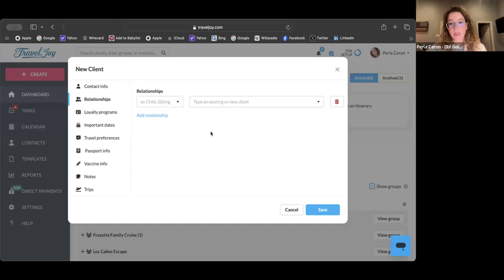So if Sally is married, if she has children, you can then put all of these things in here. And again, capturing birth dates, capturing relationship, things like that. Loyalty programs, if Sally is with Hilton or Marriott or something, you can now add her membership numbers there. And it's just going to make your life a lot easier if you are ever booking any one of those hotels or loyalty or doing anything with a loyalty program in the future. You'll be able to just grab it from her contact card, and you don't need to keep asking her for